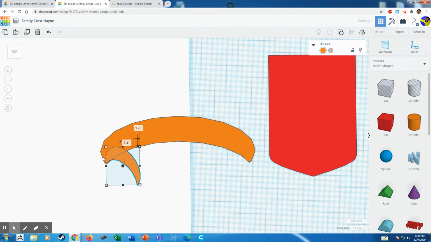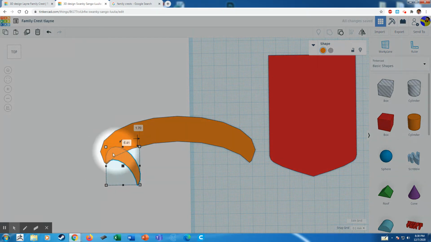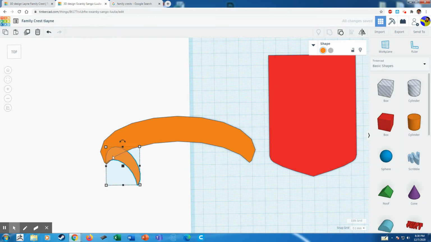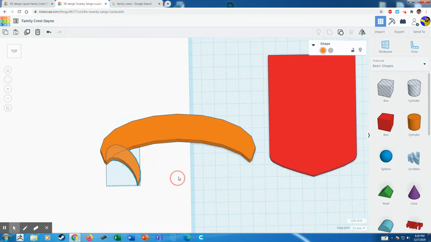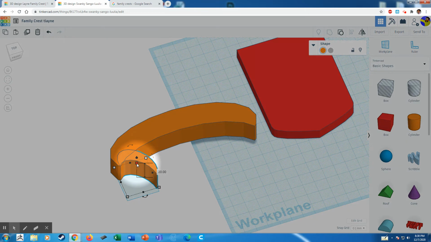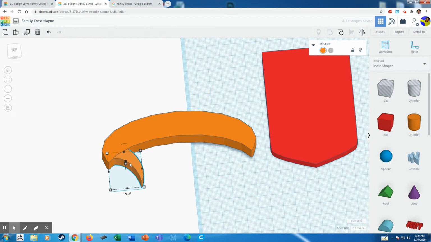Like I'm gonna bring this. The reason I'm bringing this so close to this edge, like I said, I want the illusion of a banner, and this is actually starting to look better. So again, I'm gonna grab the height and just make it shorter. Don't make it too short like this, but make it just definitely shorter. And once I've done that, again,